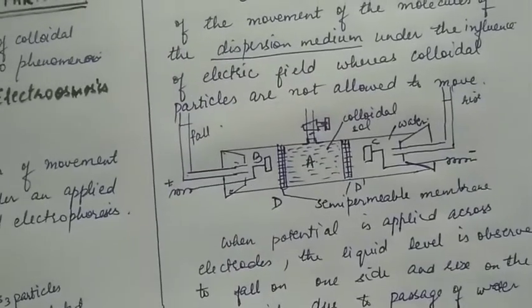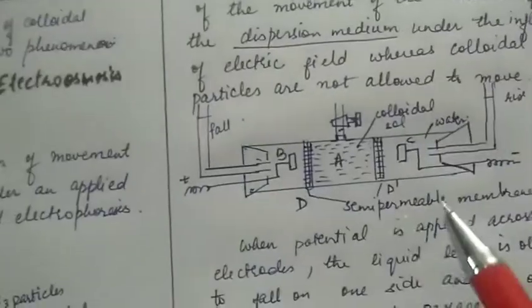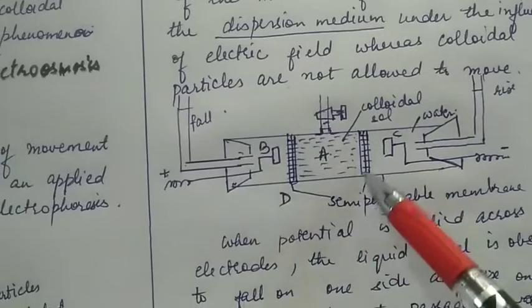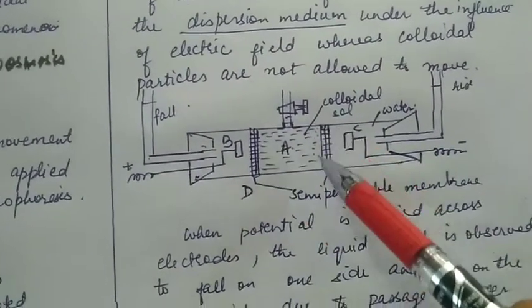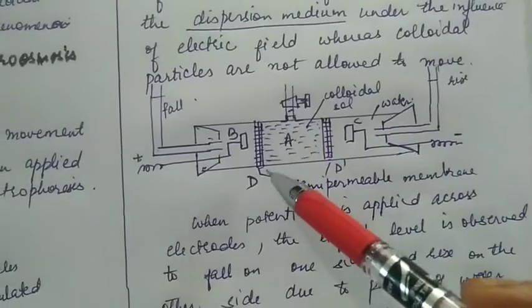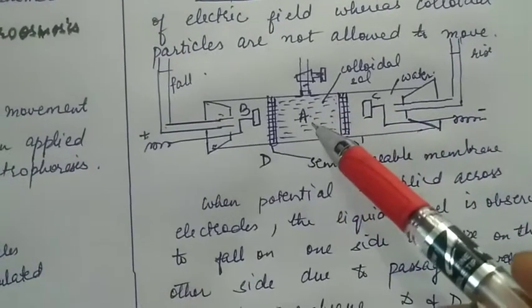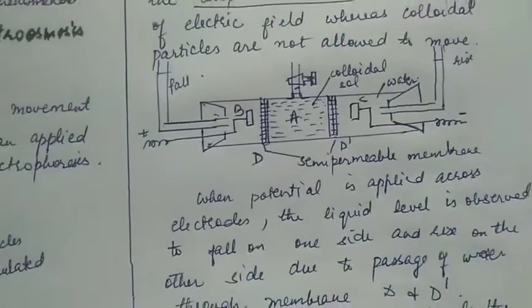This is the apparatus. Here the chamber marked A has the colloidal sol, which has been closed on both sides with semi-permeable membranes,